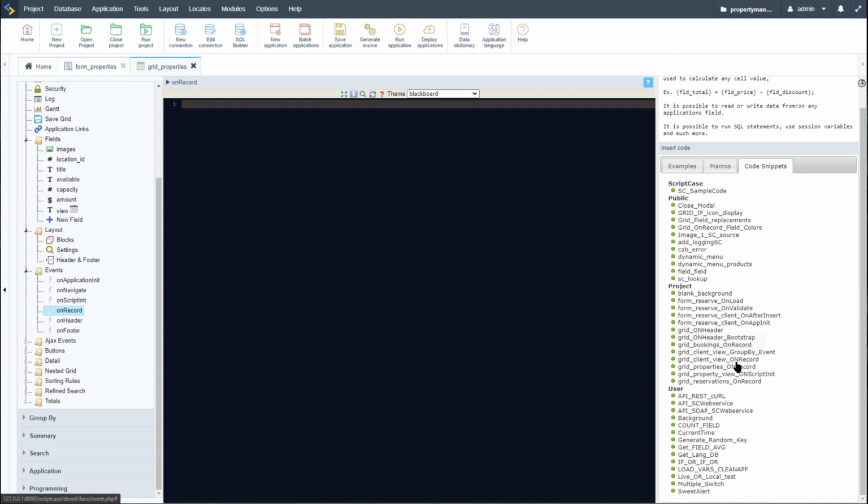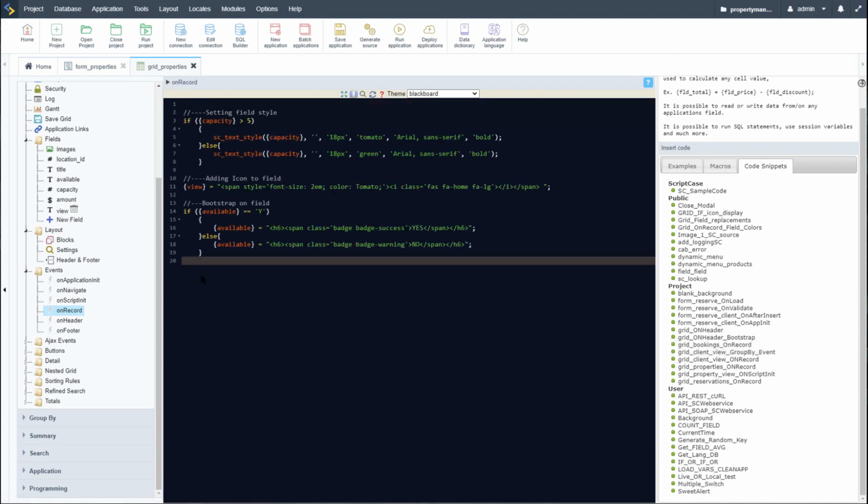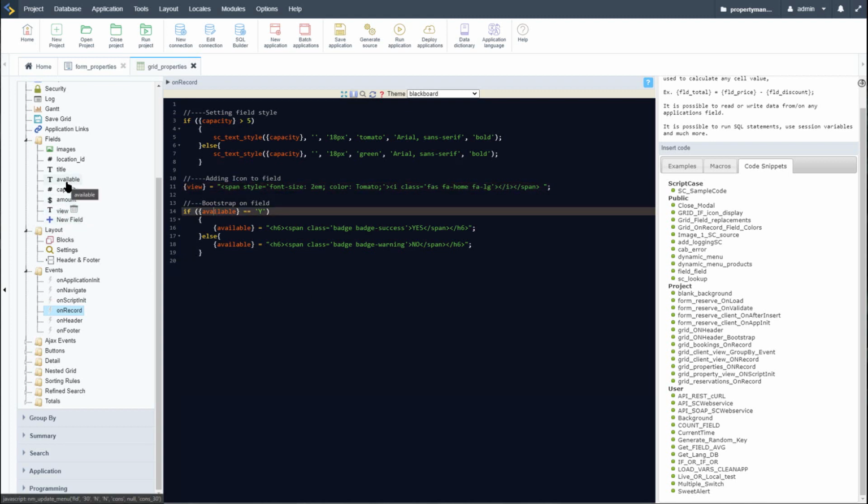So here I have for the grid properties on record. If I click that, I now have an if statement here. So if I'm saying if the capacity is more or less than 5, then update the capacity field, which we have here. For the view field, here I'm adding an icon into this field. And then if available, if this field equals yes, then instead of just displaying that with a Y, we're going to display that with some bootstrap. So if I now go ahead and run that,